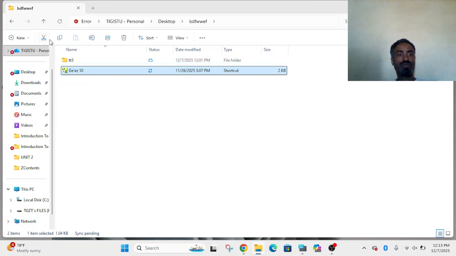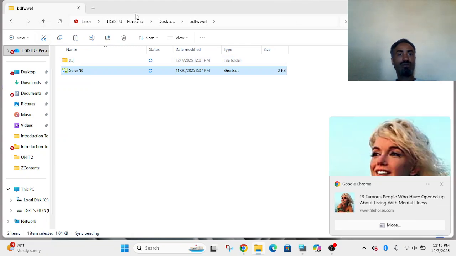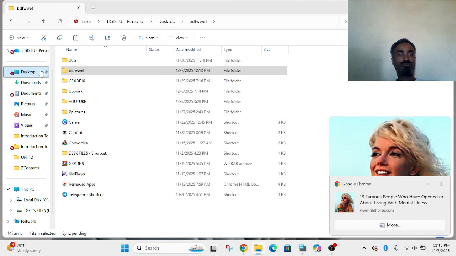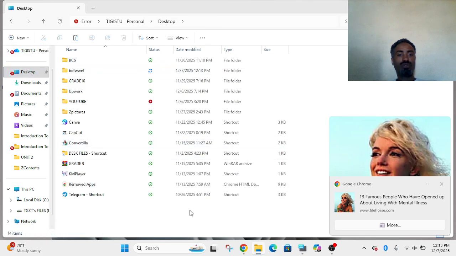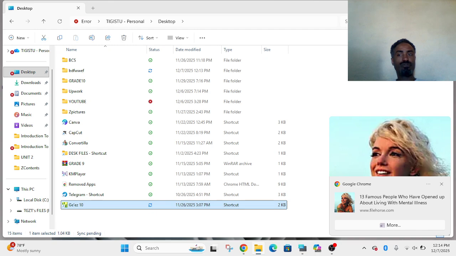Now it is X, vice versa. Then choosing the desktop, click on a blank area to make it active. Now paste, here is paste.